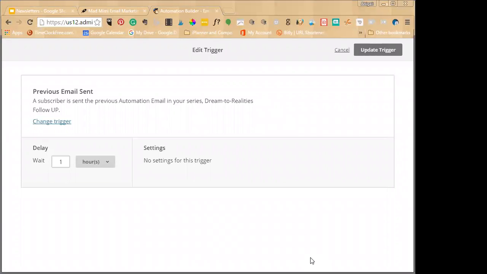Down there, you'll see the delay here. And then you would just click the update trigger button up in the right hand corner. So then it would take us back to this,